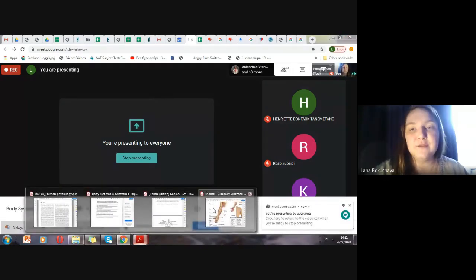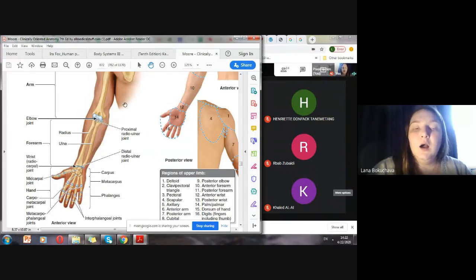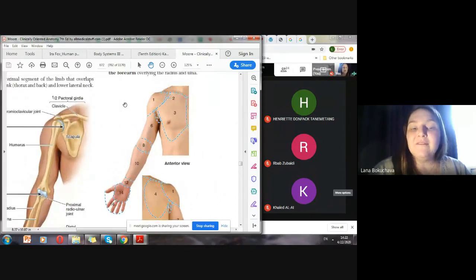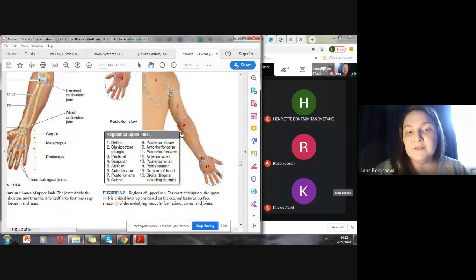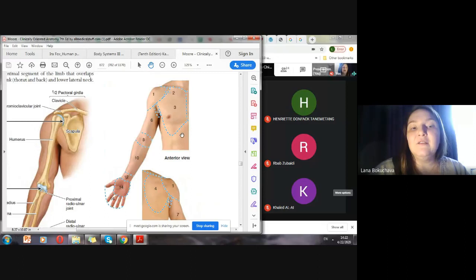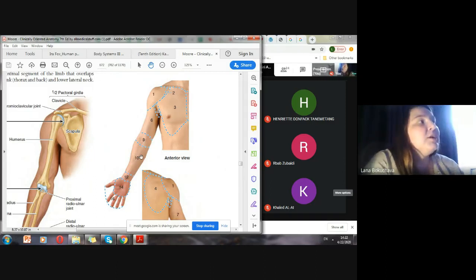Okay, let me continue first with the anatomy. As we've talked about, some segments of the upper limb. Here we can also see some different structures and some different regions of the upper limb. Starting with the very first one, you can see that we have subdivisions, starting with, for example, the deltoid region, the pectoral region, the axilla, the brachium, the antebrachium, and so on. What I want you to understand is that although these subdivisions are important,